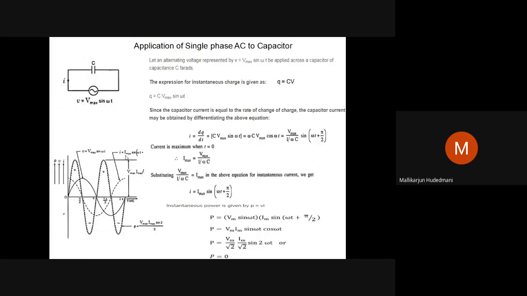Can you see this diagram? Application of single phase AC to a capacitor. When I consider a capacitor C farad connected to a sinusoidally varying quantity Vm sin omega t as shown, there is a flow of current from the source, in the first half cycle in this diagram left to right, in every second half cycle right to left, because the source is alternating. Because of that, current starts rushing from plate 1 to plate 2 of the capacitor, and plate 2 to plate 1. Charge transfer takes place there.